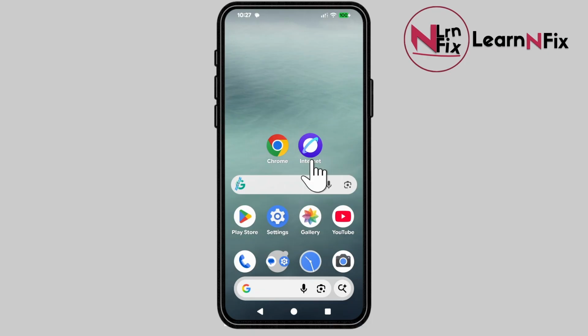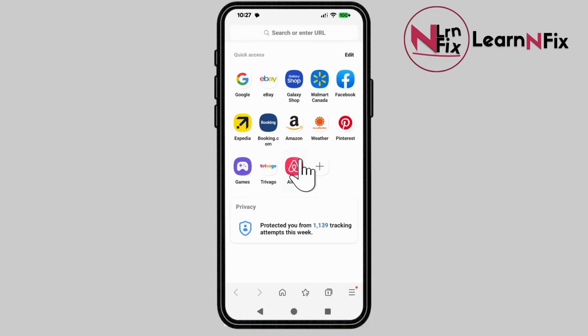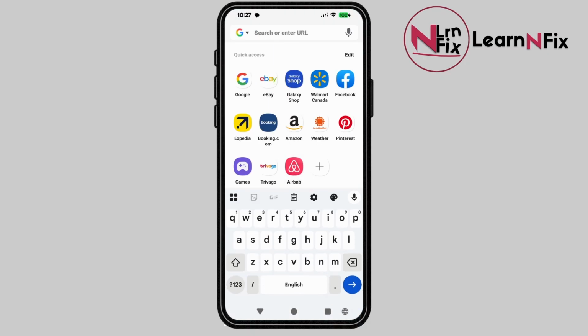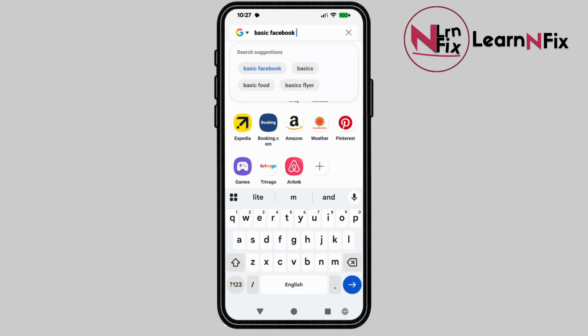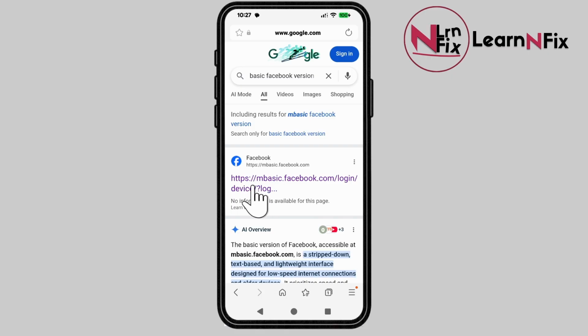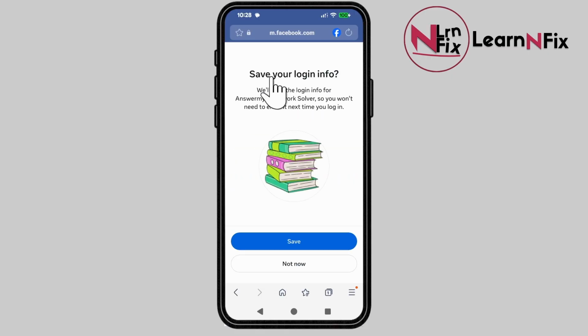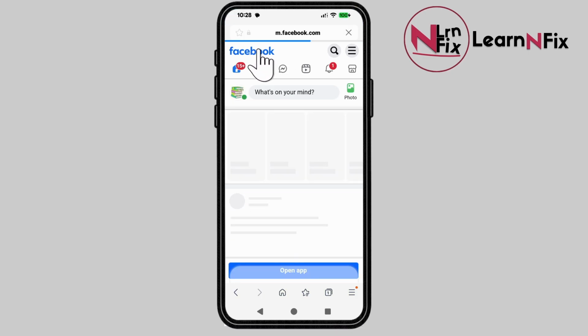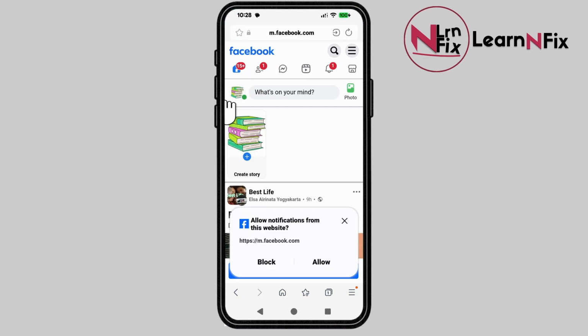So click on the browser on your phone and then search for basic Facebook version, and then it's going to show you a link like this. Click on it, and then here you have to log into your account, and you can tell this is the Facebook basic version because it says m.facebook.com. So that's pretty much it. That's how to switch to